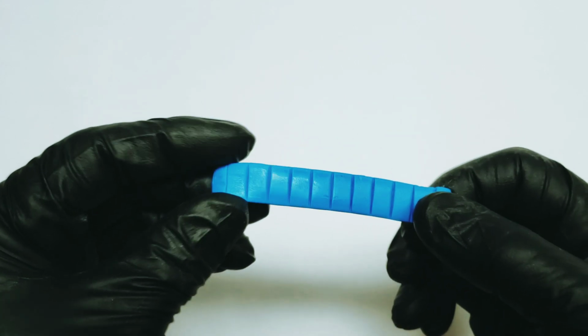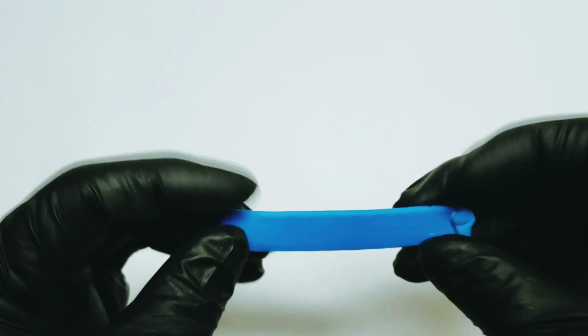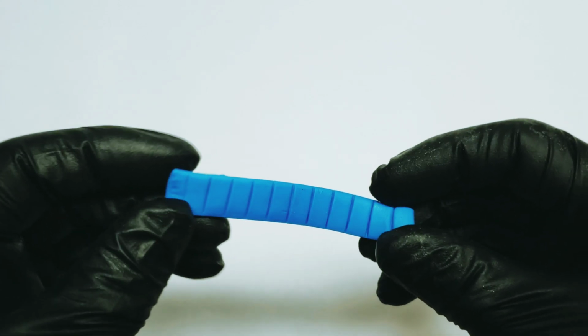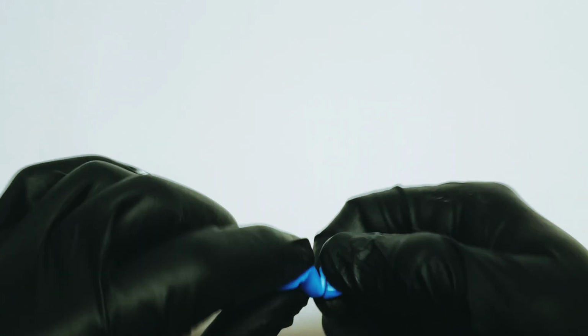Everybody, today I'm going to show you a secret ingredient to model making, and that is blue Loctite sticky tack. This stuff is the most legit stuff. It will save your life from many hardships. Trust me on this. All you do is just